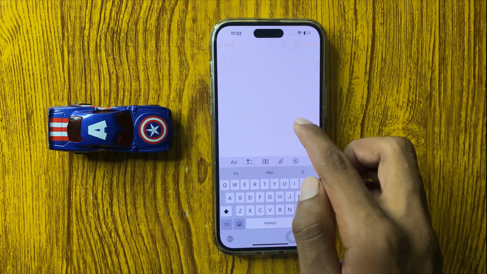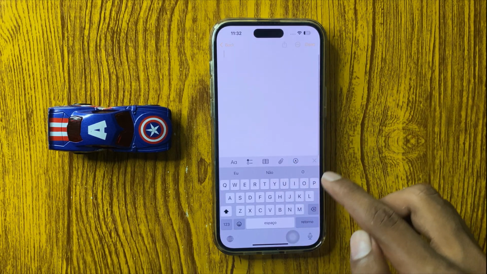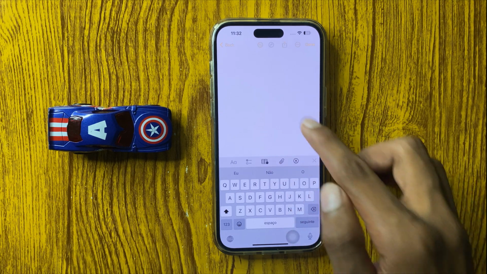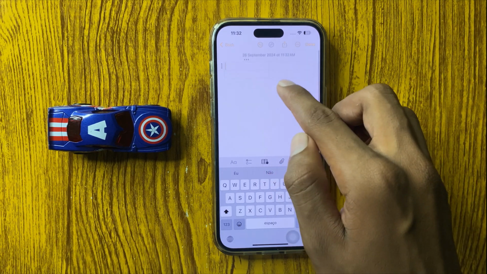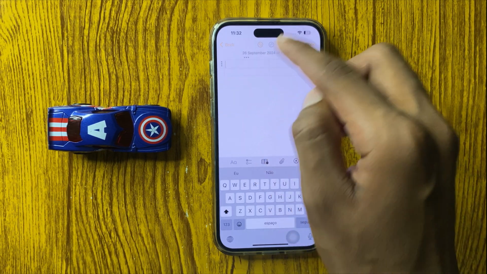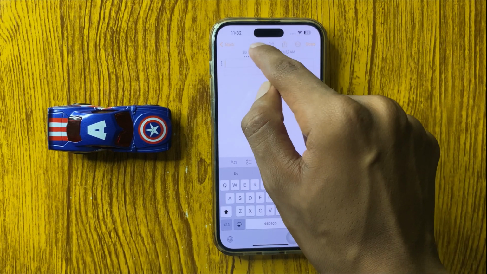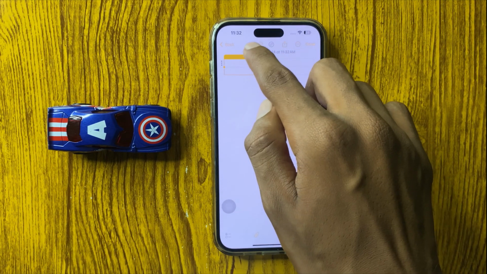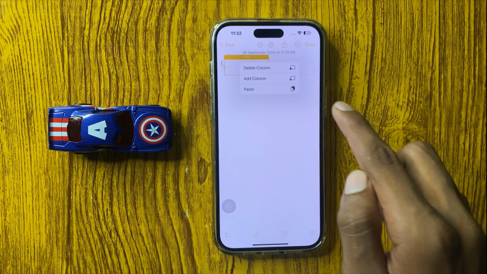and then add a new note, and here you can see a table icon. Click on the table icon. Your table will appear by default as 2 by 2, and if you want to increase rows and columns, then simply click on this three dot icon and again click on these three dots, and